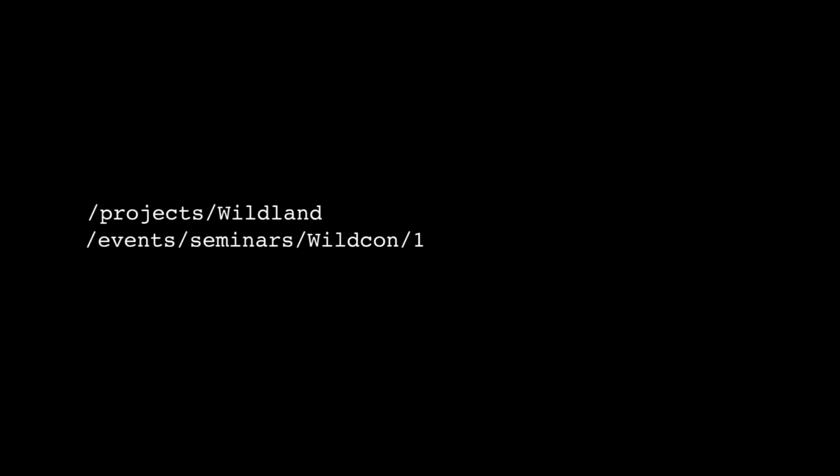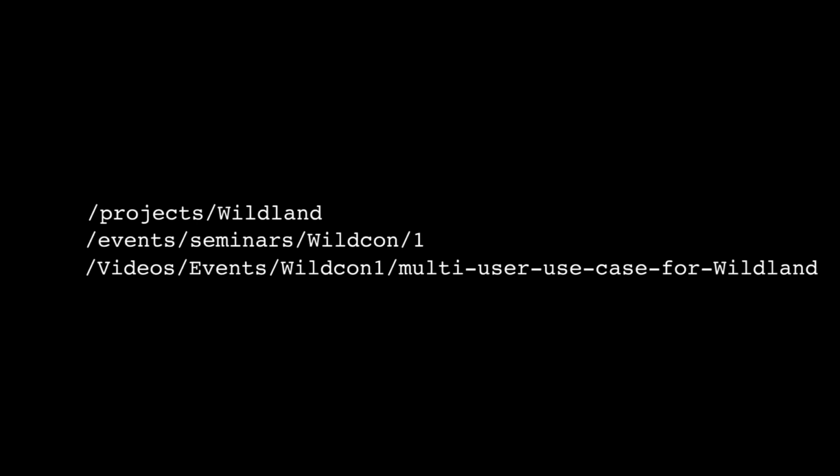Some more social apps, or multi-user apps of Wildland, that we can think of. This is not implemented yet. Unlike those examples that are useful for a single user to organize, say, knowledge, which are very powerful anyway, we also think that there's lots of opportunities for creating multi-user apps.